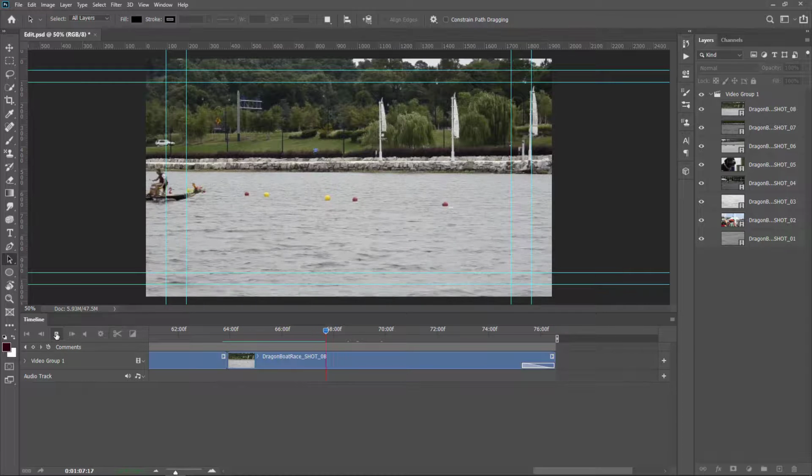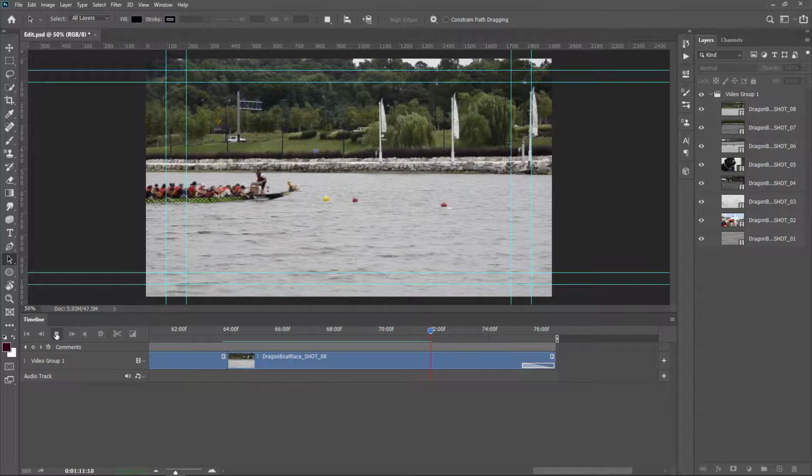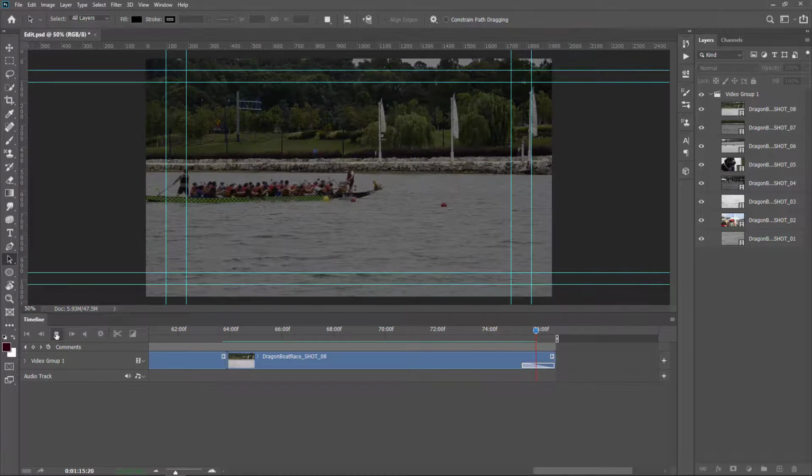The video plays very slowly. It is slow motion. Whether you are looking to adjust the transition or video clip speed, it is very easy to do.